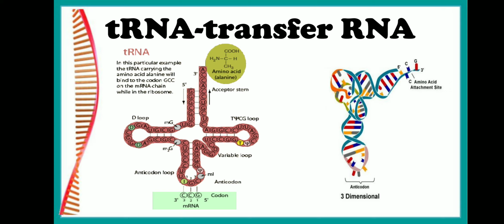Now, there are 3 nitrogenous bases of these ribonucleotides which are complementary to that of the triplet codon of the mRNA molecule. If you see the anticodon arm, why is it called anticodon? Because the anticodon loop has nucleotides which are always complementary to the codon on the mRNA. So the nucleotides present in the anticodon loop are opposite to the codon on the mRNA. That is why it is called the anticodon loop.